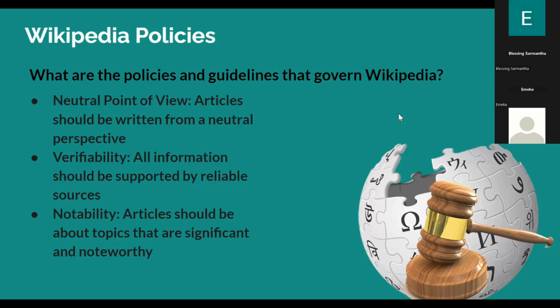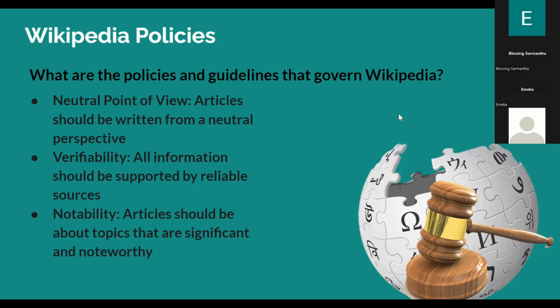So I hope you are understanding that, okay, you have to write that particular thing like you don't know the person. If you are writing about your father, if your father is the president of Nigeria and you are writing on Wikipedia, you don't have to write that he used to give you money or he's a good man. You just have to go straight to the point of what that person is doing. Let the person that is reading know that, okay, this person is a good person. Don't give them your perspective. So that is it for the initial point of view. The second one is